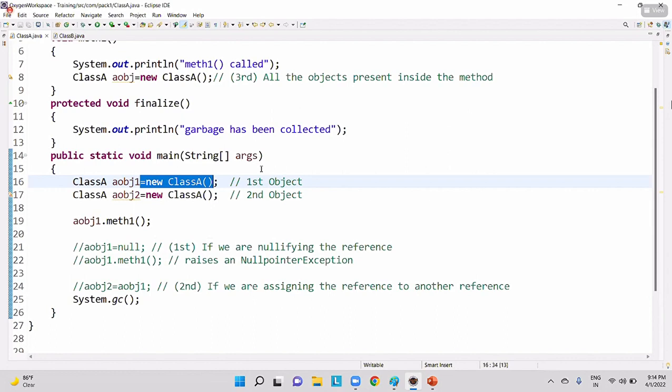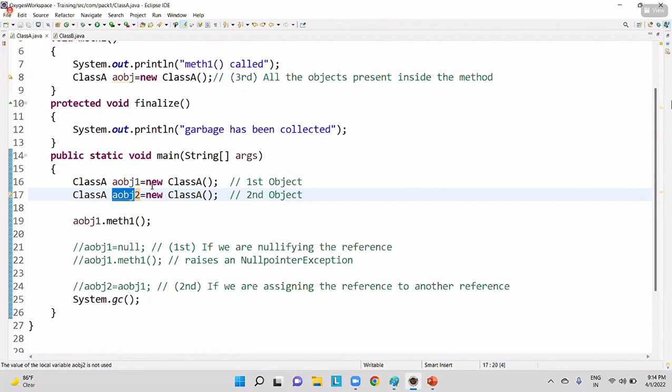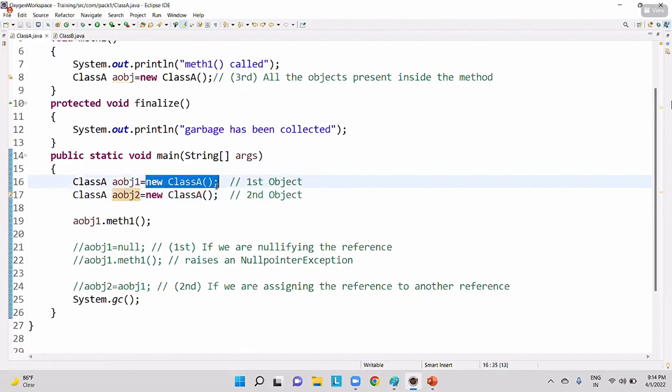All right, guys. I hope everyone has written the program. Is it done, guys? Sushil, yes. We are assigning this reference to this reference. Am I right or wrong? So this will be there. Exactly.